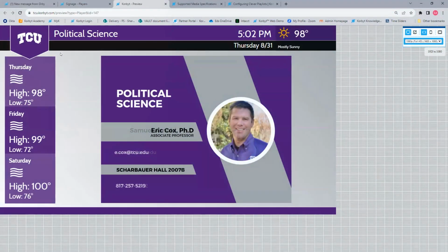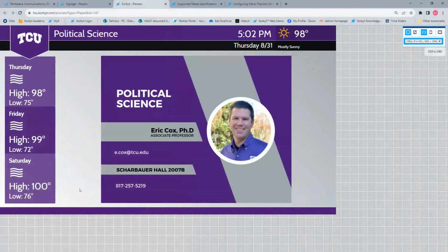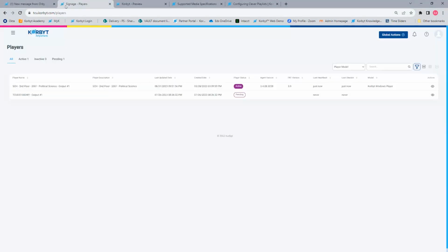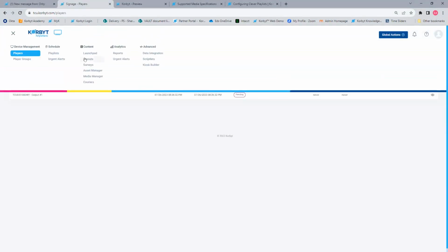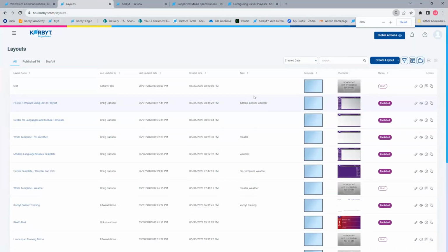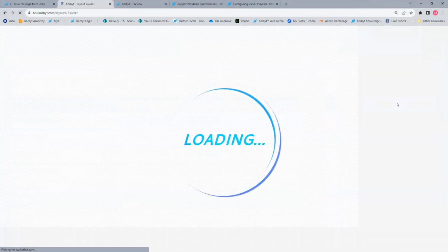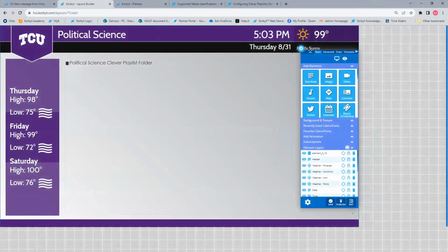That is because the area in the center that has a series of items playing is a playlist. And instead of the playlist just being sent out to the player, it's actually being used within a layout. So layouts like this one, the poli-sci using clever playlist. I'm going to use the pencil to open up the layout editor.